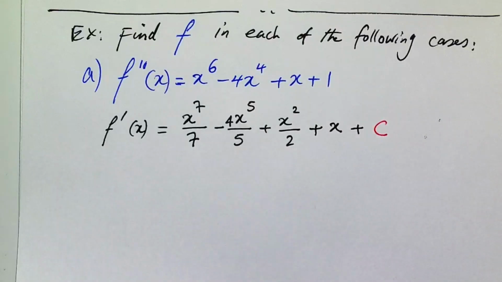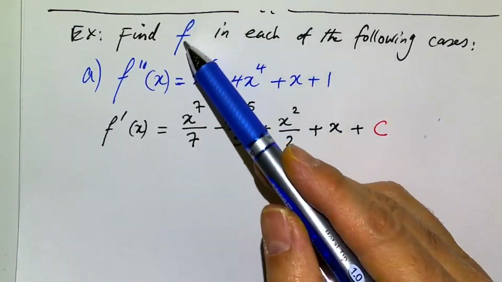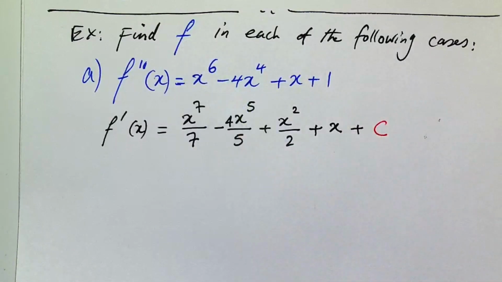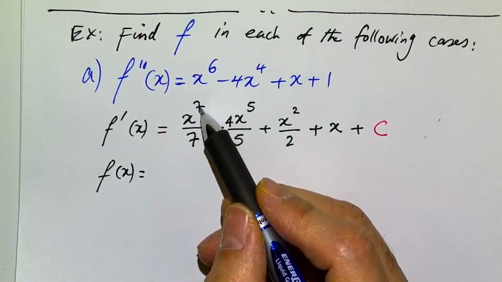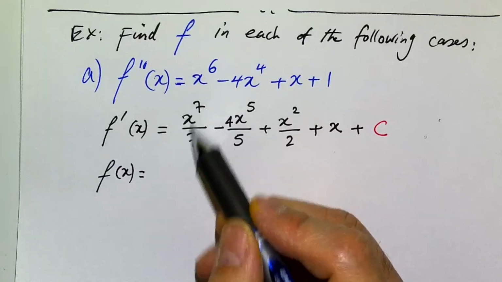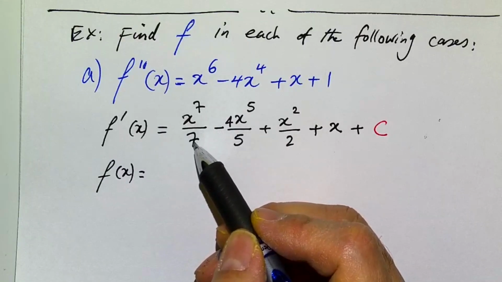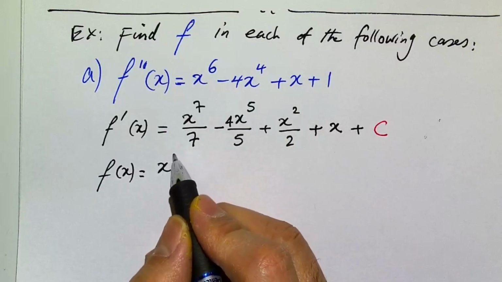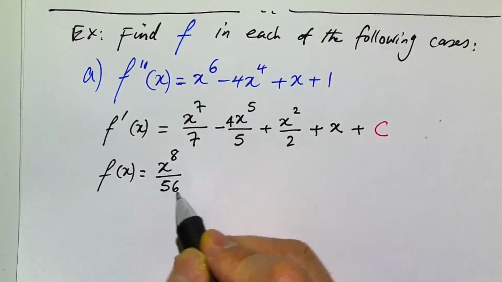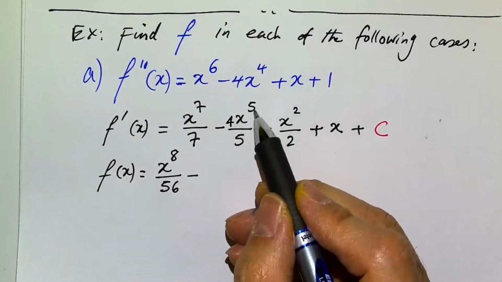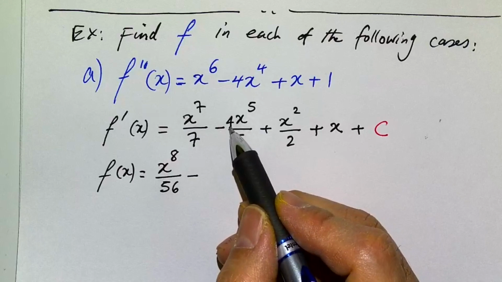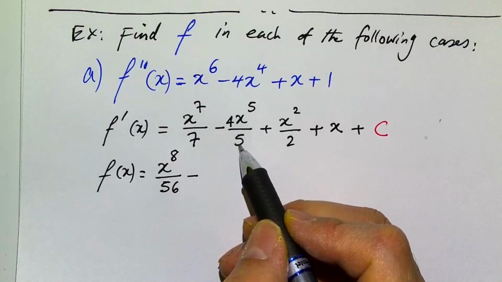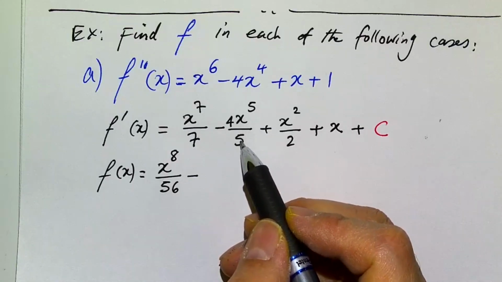So that's the first derivative, but we still haven't answered the question they're asking us, so we need to continue this one more time. Add 1 to that, we get 8. Divide that by this, we get 56. So we get 8x to the 8th divided by 56 minus 6 divided by 6. That would be 30 minus 4 divided by 30. Simplify that to minus 2 over 15,